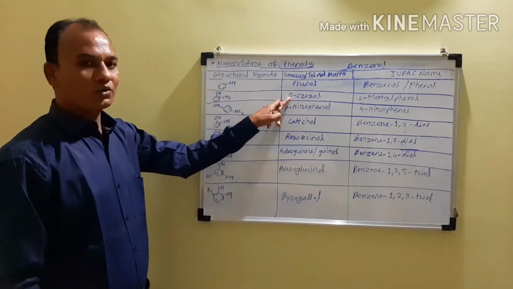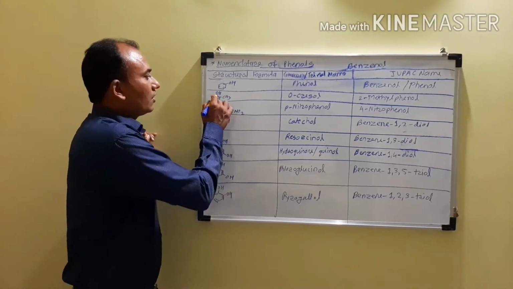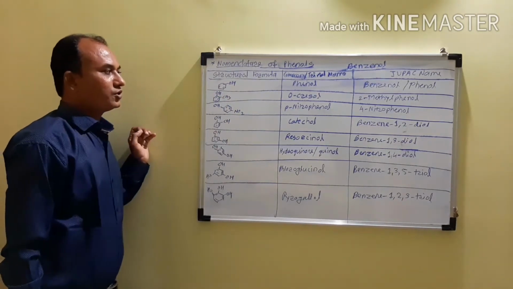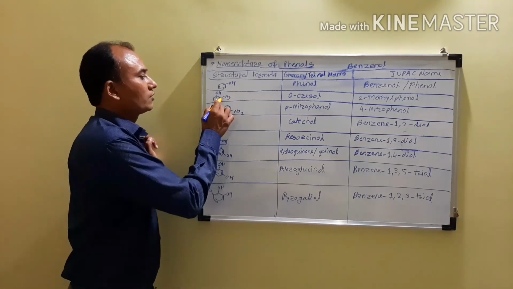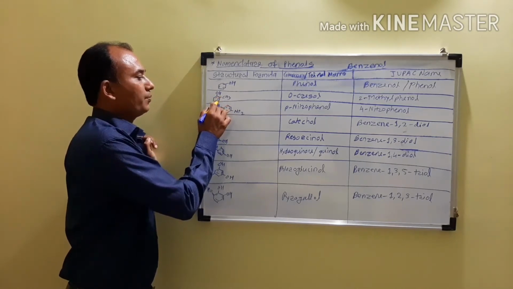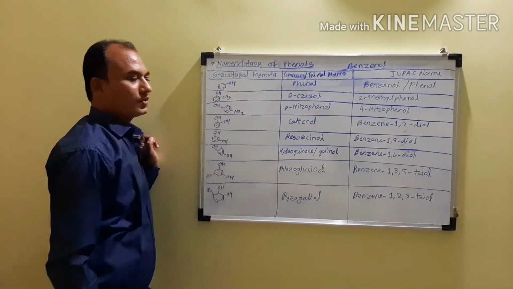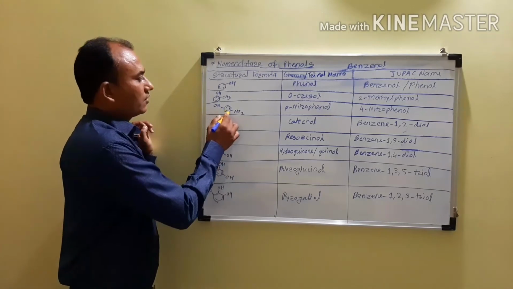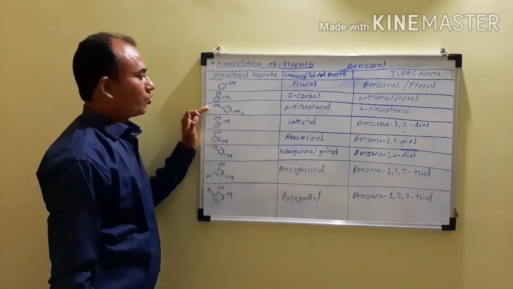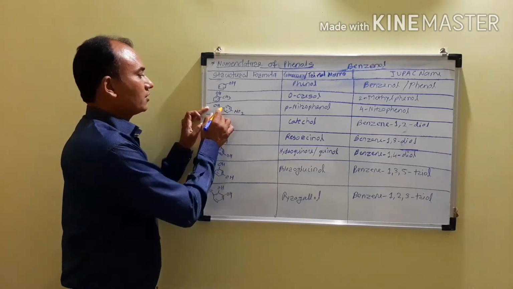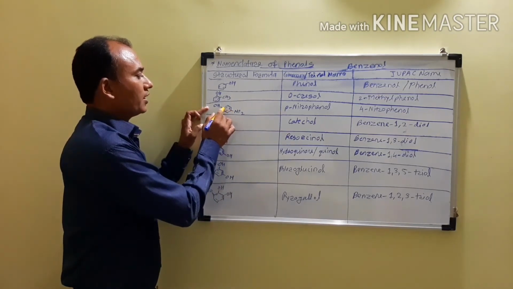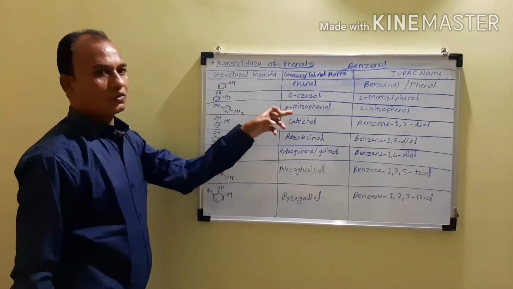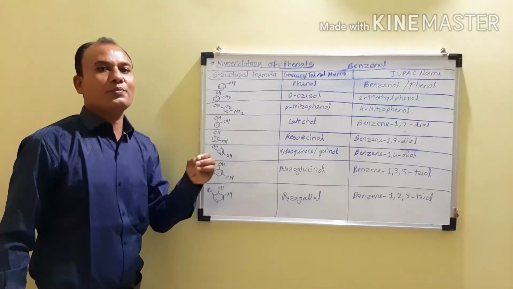The O means orthocresol, because in comparison to the hydroxyl group, the methyl group is attached at the ortho position, and therefore we write O-cresol. This is the ortho position, this is meta, and this is para. So it becomes O-cresol or orthocresol. Now this is a nitrophenol, but it is para-nitrophenol, because relative to the OH group the nitro group is at the para position. So in the common name system we are using the prefixes ortho, meta and para.